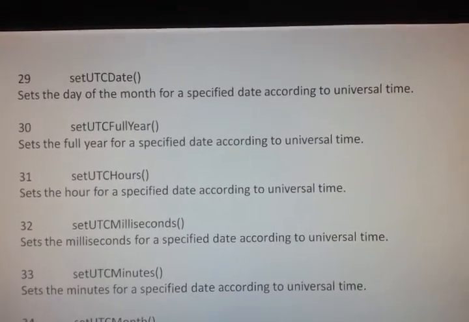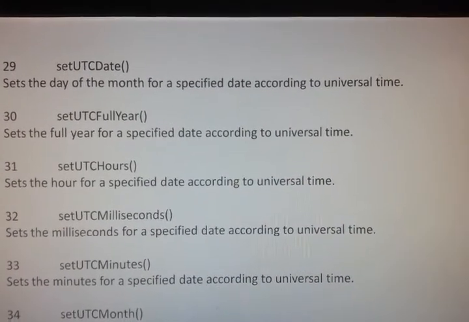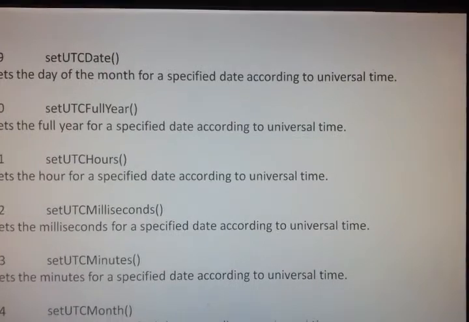Next, setUTCHours method sets the hour for a specified date according to universal time.